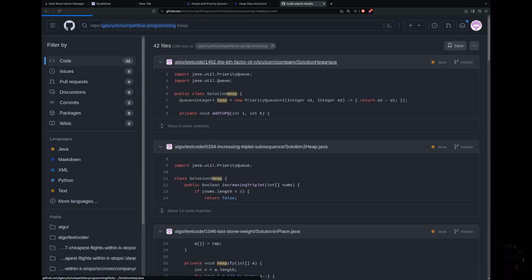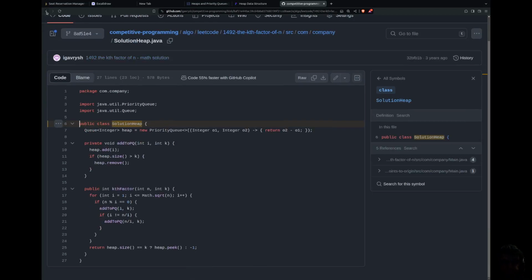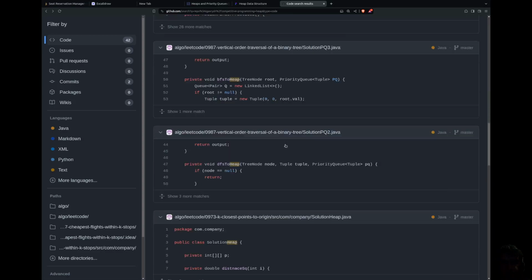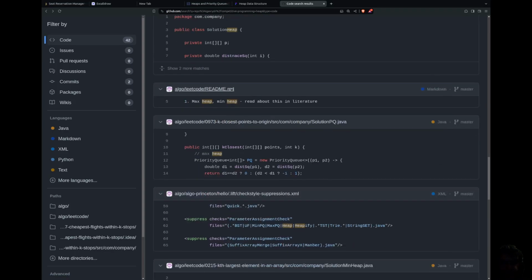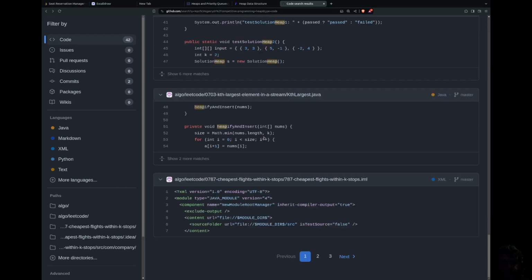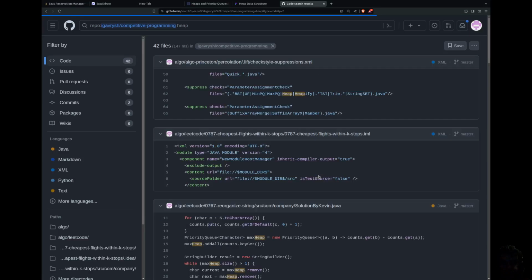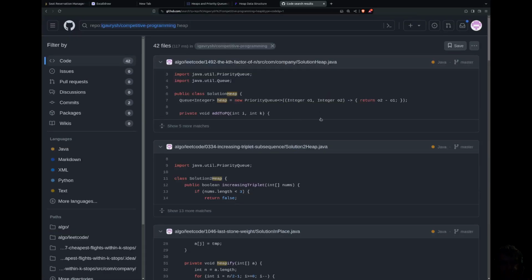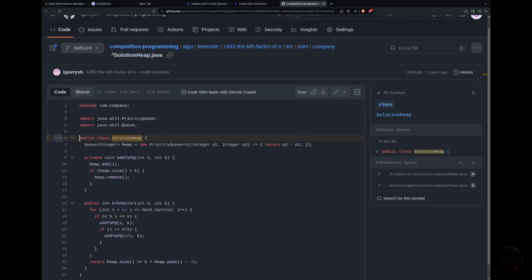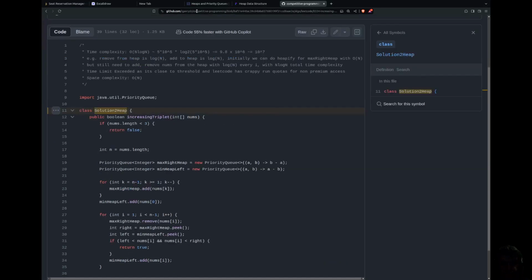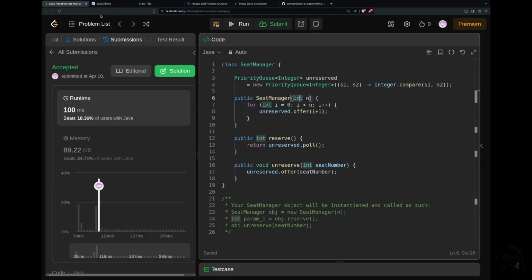Solution heap. Okay, I don't remember exactly. So let's say we have,